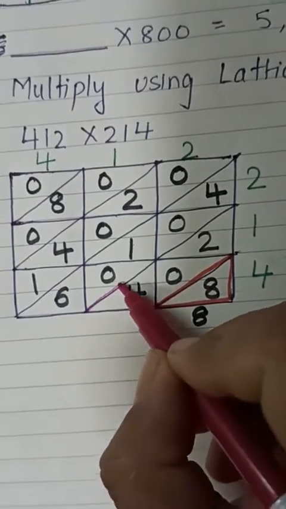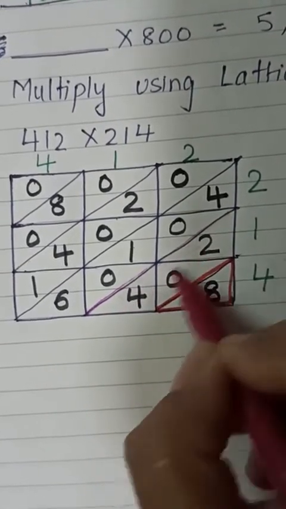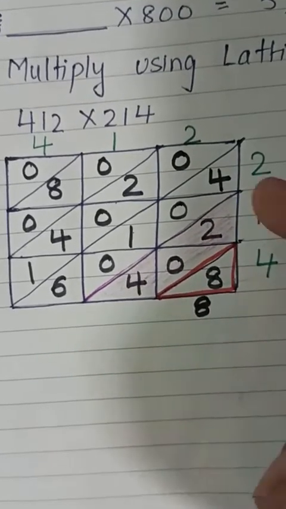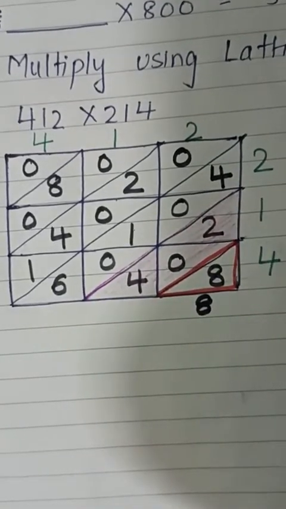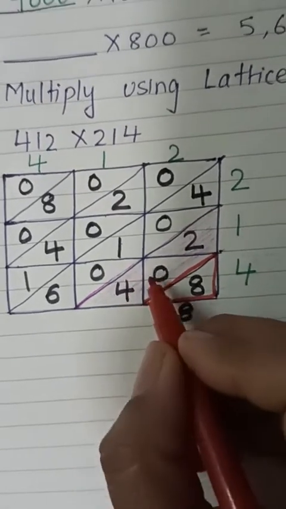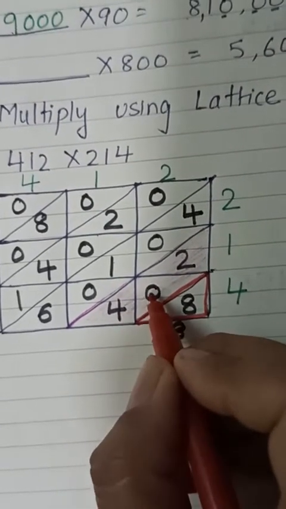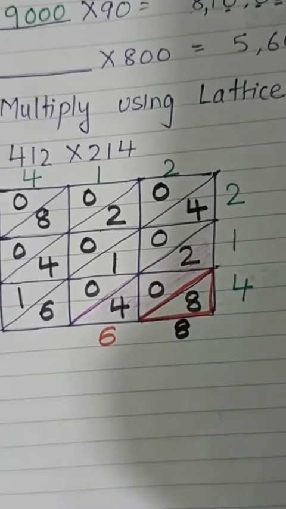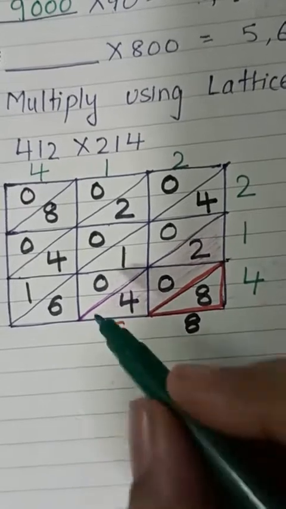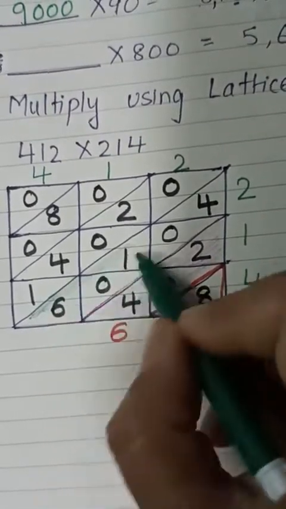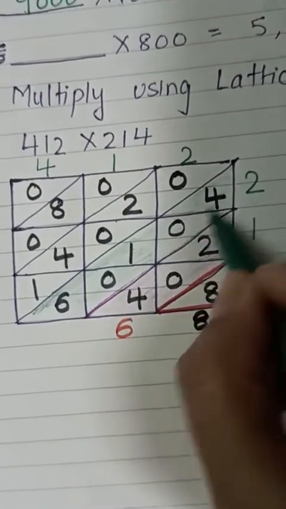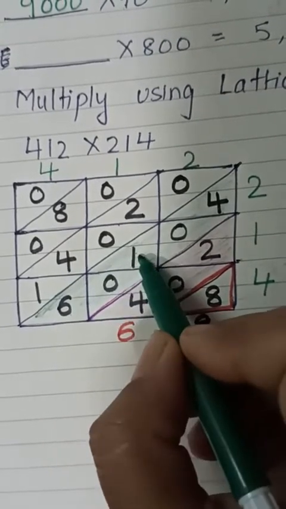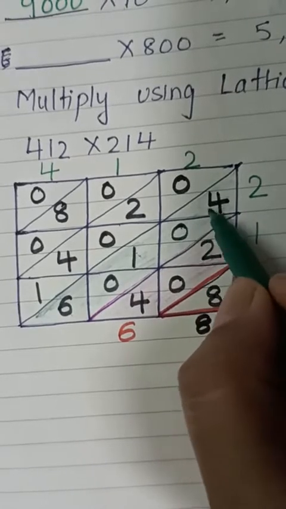Now if I take the next one, you can shade this with your pencil colors. See this grid, this in pink. This is one diagonal and we will add them. 4 plus 0 is 4, 4 plus 0 is 4 and 2 is 6. So we'll write here 6. Now let's look at the next one. This diagonal is another grid. Add them. 6 and 0 is 6, plus 1 is 7, plus 1 is 8... 7 and 4 is 11.